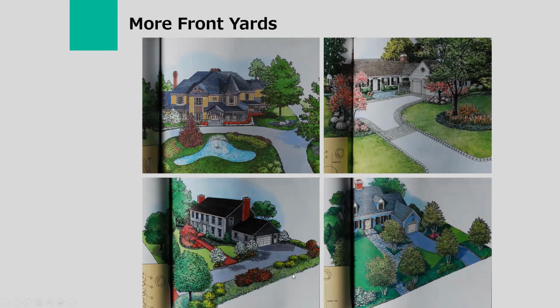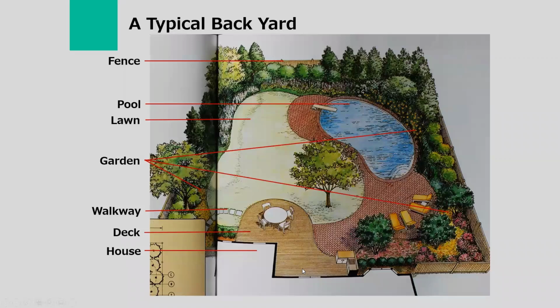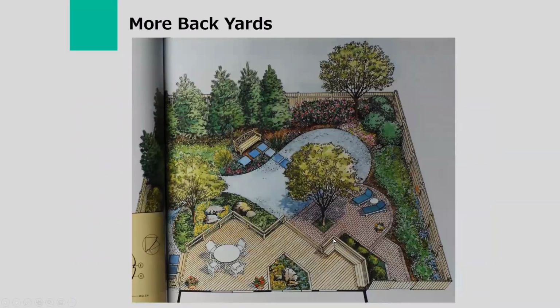Just open up the students' minds by letting them see all of this, and then give them a quick introduction to what goes into a typical backyard. For example, there's a fence, which is usually on the property line, and there's a swimming pool, there's a pool patio, there are perimeter gardens, there's a central lawn area, there's a deck that is right outside the patio door, and a little outdoor kitchen over there, and some variations of backyard